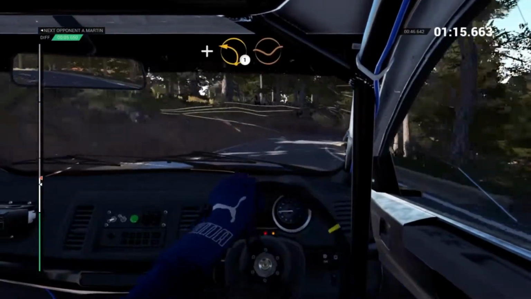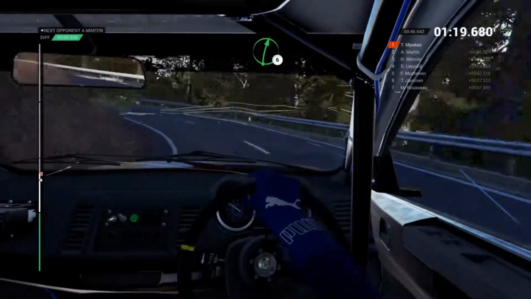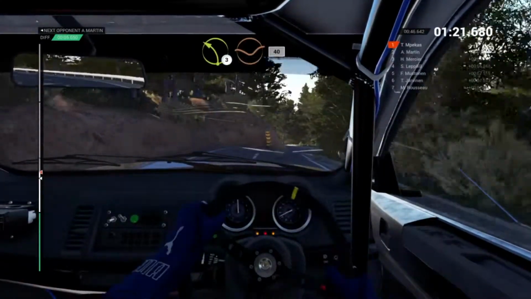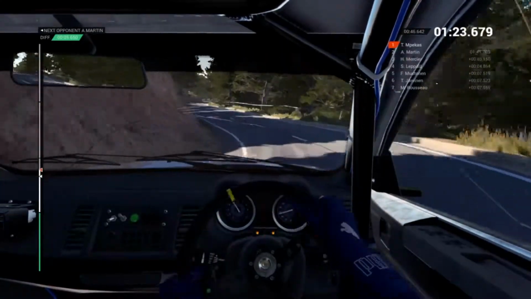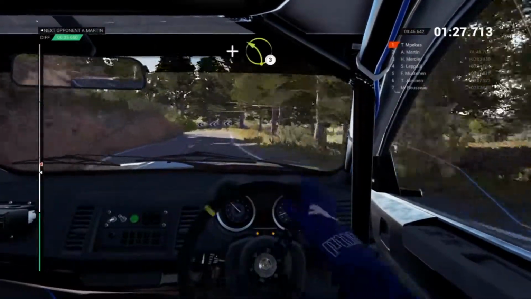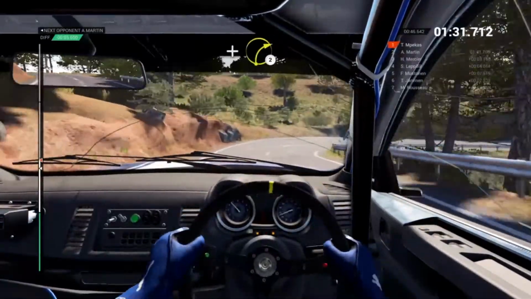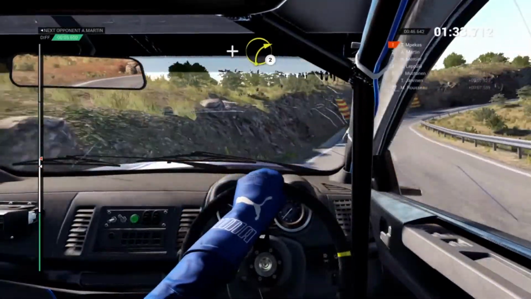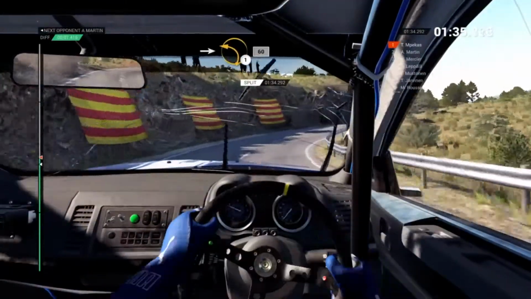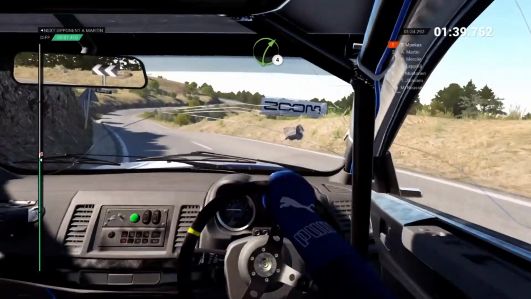And left 1 through dip. Right 6 over crest. Left 3 through dip. 40. Crest. Right 6. Left 5 line. The car feels off. And left 3. And right 1. And right 2. Into left 1. 60. I think we must have lost some time there, but